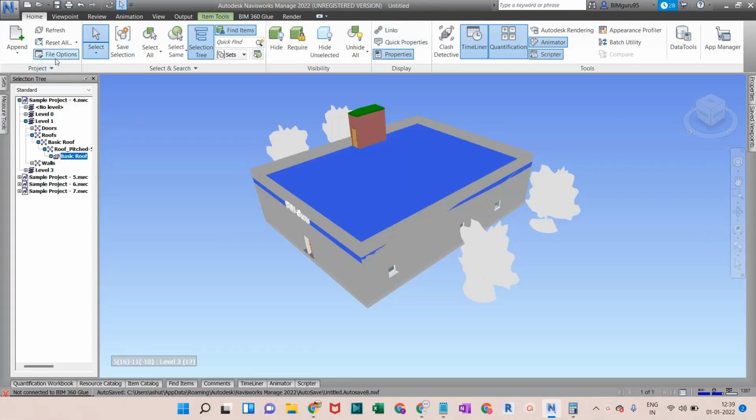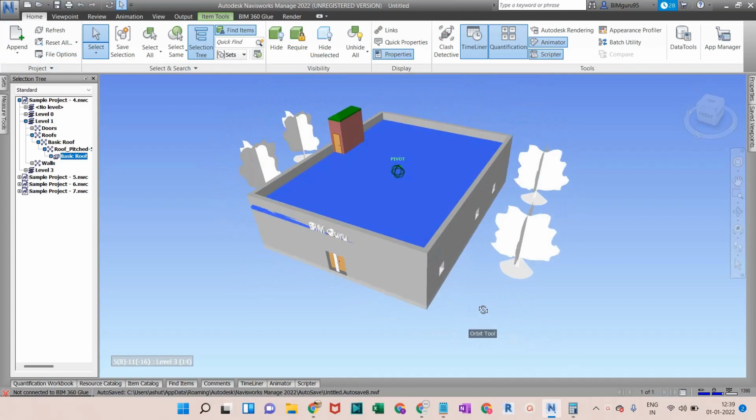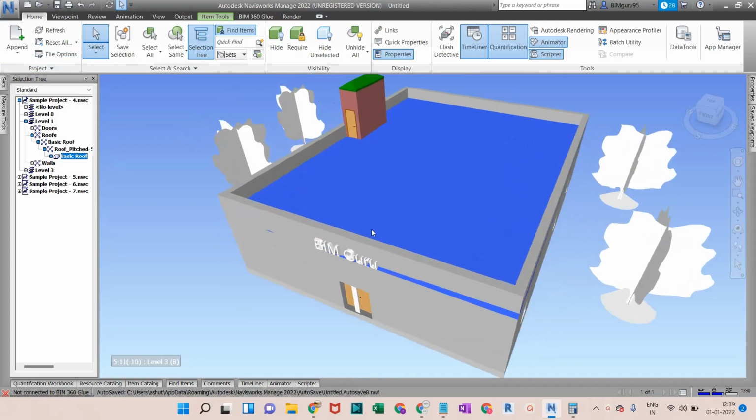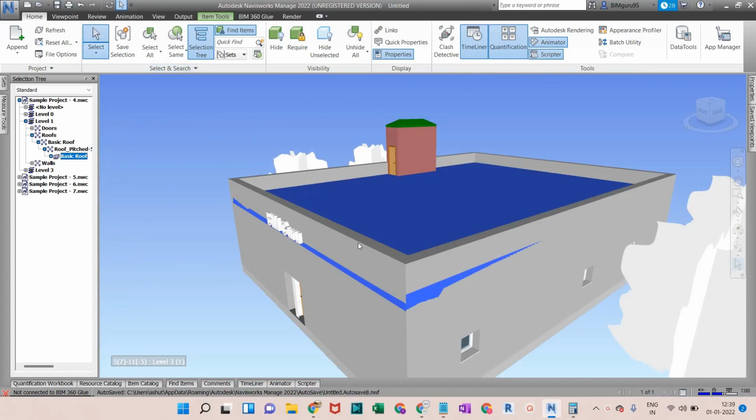Now if I come to the third option, that is file option. Sometimes what happens, right now it's not lagging in my system, but sometimes if you are reviewing your model in 3D in Navisworks, it does not show the proper element, it cuts the elements.